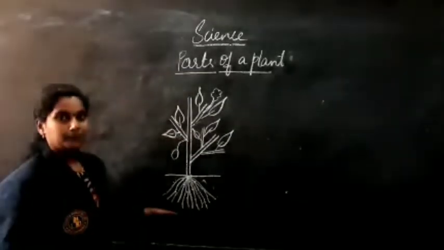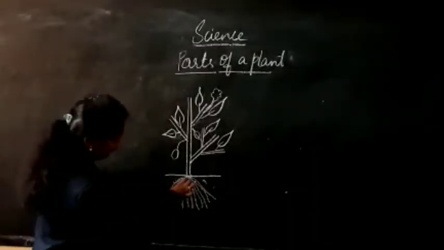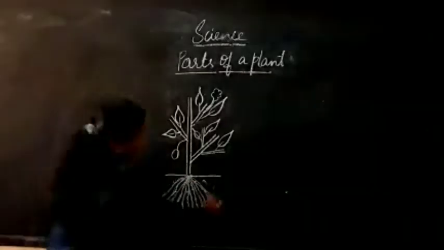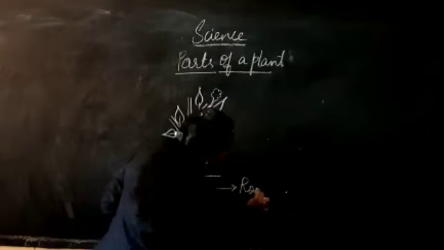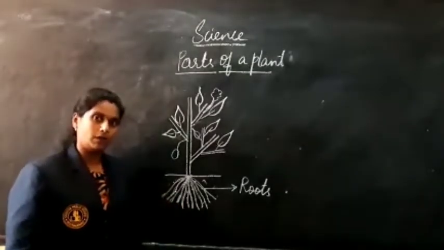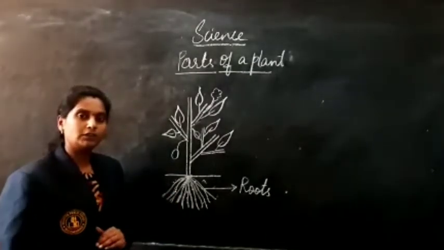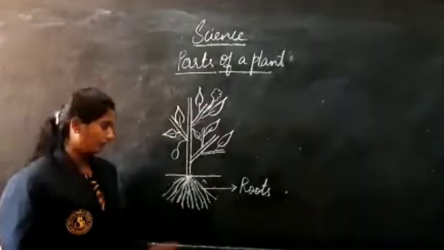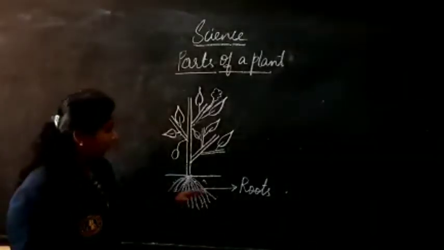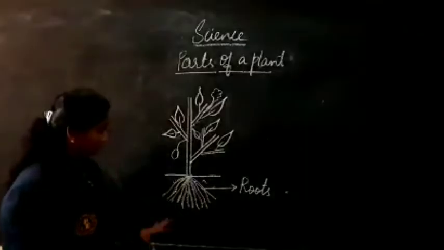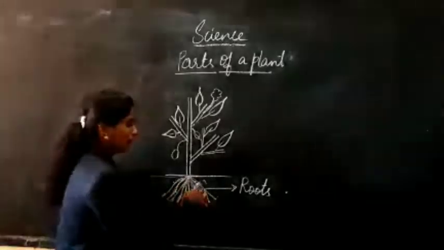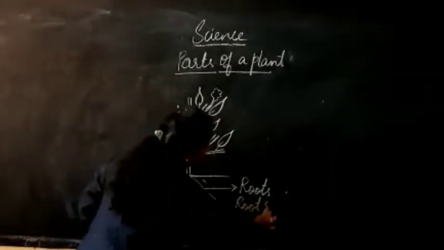Down here you can see a number of hair-like structures. Those are nothing but the roots. Generally, roots are present inside the soil only. If you observe the plants and trees on the roadsides, the roots will be present inside the soil only. So which part of the plant is present inside the soil? Roots are present inside the soil. And this whole part which is present inside the soil, we call it the roots, and we can also say it is the root system.